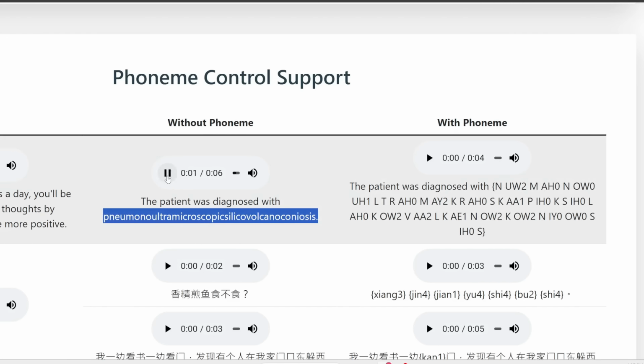The patient was diagnosed with Numen ultramicroscopics silicovolcanoconiosis,